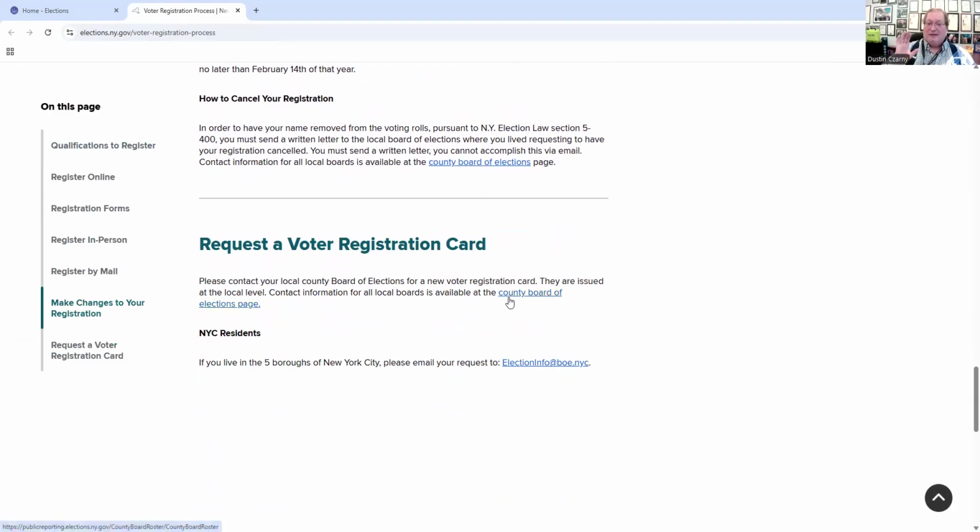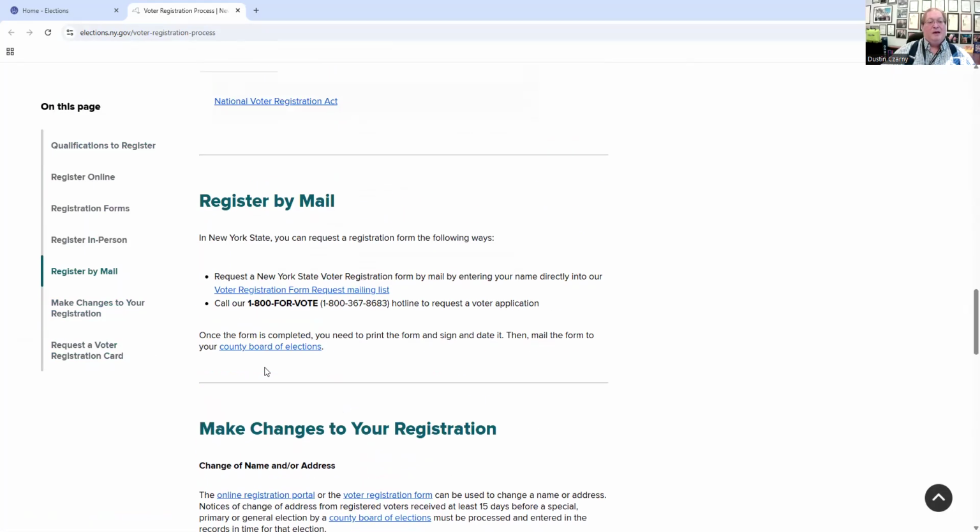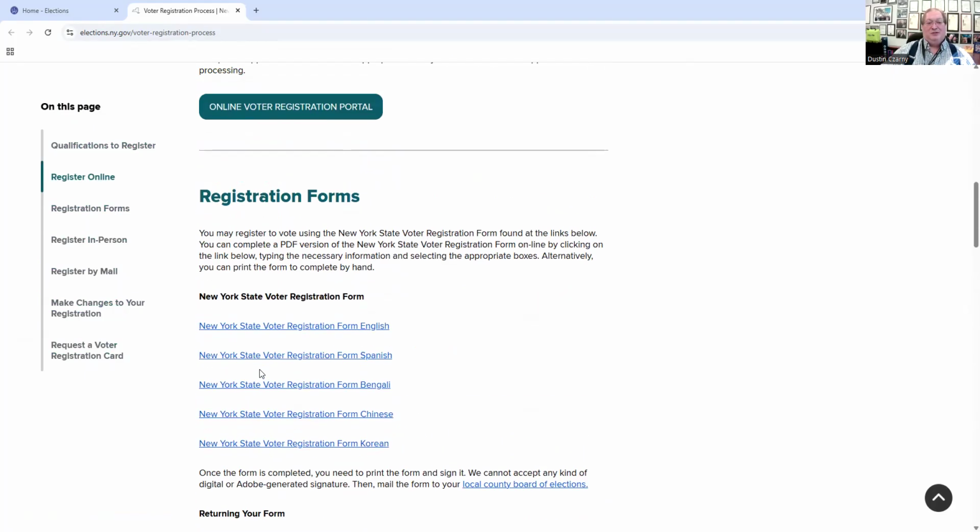Some people like to have these little voter registration cards. They're in their wallets. You can request that by contacting your local county board of elections. New York City residents, if you live in the 5 boroughs in New York City, you can email all your requests to the New York City BOE. So let's go back up to the